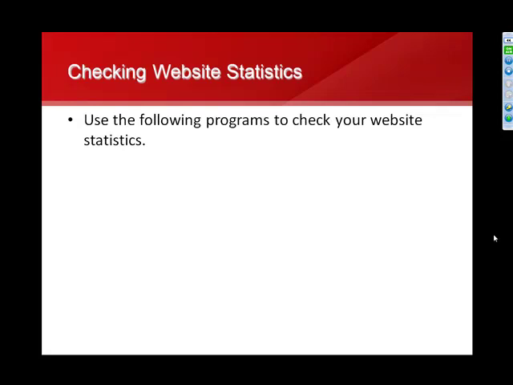So the first thing you want to do is here's a list of some programs you can use to check your website stats. The first one is called AW Stats, and Webalizer is another one, and then Google Analytics. And the good news for you is that all of these programs are actually free to use. So it doesn't cost you anything to use these programs. And what's so great about them, AW Stats and Webalizer actually come installed with your hosting account about 90% of the time if you're using a hosting company that's using cPanel, which in most cases your website host will,